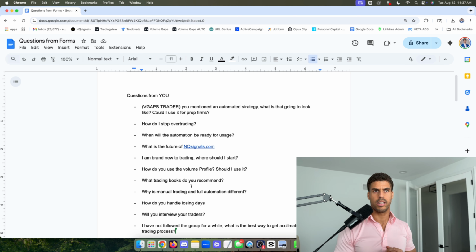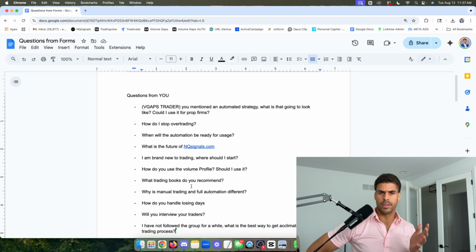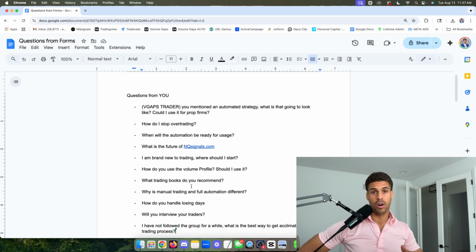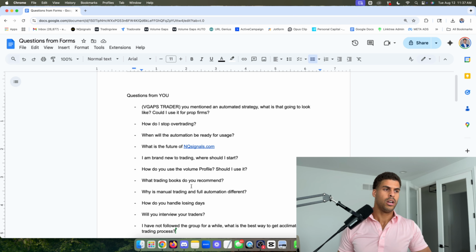It's going to be similar to the volume gaps. It'll be a little bit different as far as its entries go. I'm right now thinking that we should be able to get somewhere between 4 and 5 trades a day, more like 3 and 5 trades a day, depending on the day. So I'll be testing that. What I'm looking for is a profit factor of 1.4 to 1.5 or better. Obviously, if I could get that, that'd be great. That's what I'm looking for, and so I won't release it until I have hit that threshold.